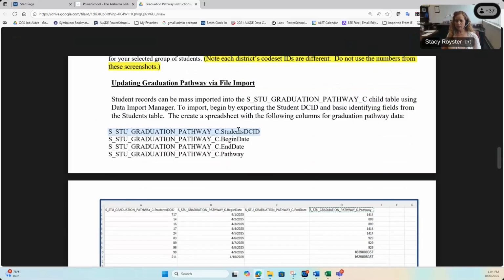So you're going to need to begin by exporting the student DCID and basic identifying fields from the students table. Now, one of the things that we do see quite often is that even though the directions will say student's DCID, we have people that are building spreadsheets and they're putting in the student's SSID. Be very careful. Guys, also have conversations with who you are giving import and export rights to in your district,